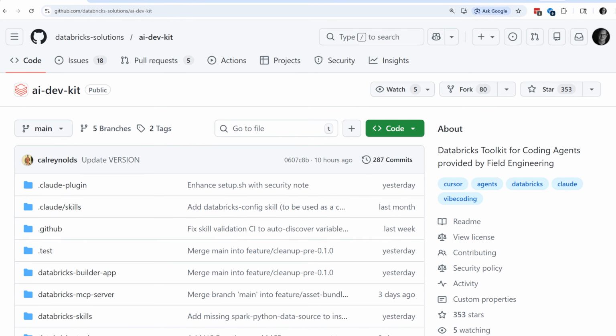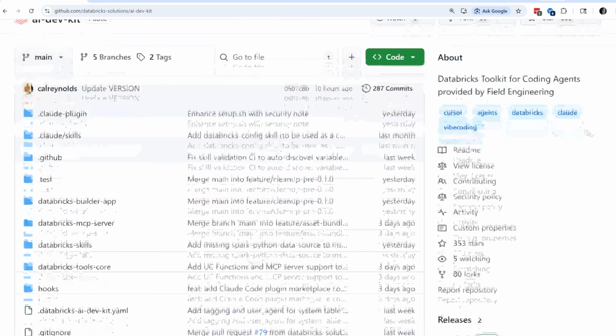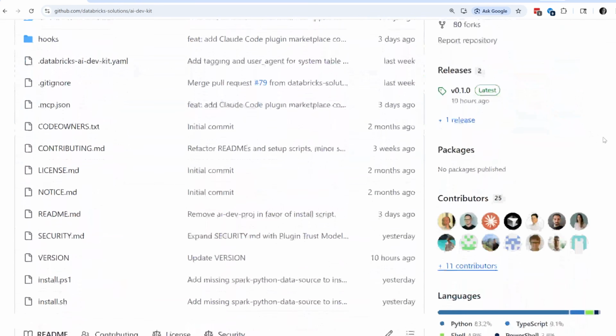Hey, Dustin Vanoy here, and I'm super excited to announce Databricks AI Dev Kit. This is probably the worst kept secret I have ever been involved with, but I am finally ready to announce to the world what all my colleagues and others have been sharing on LinkedIn the past couple weeks, which is